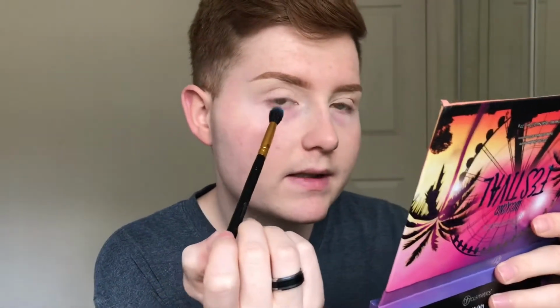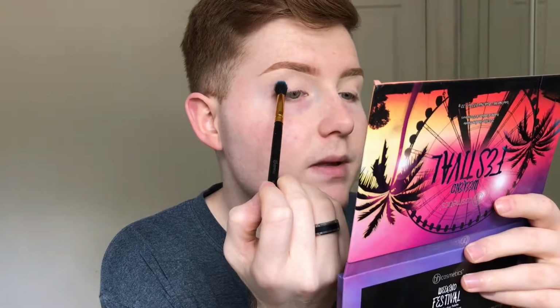So actually, I think I might use the James Charles palette. We'll just have to work with it. So what I'm going to do is probably take the blue shade, and it's in the shade Playground, and I'm going to dip into that shade and really saturate my brush with the BH Cosmetics 101 brush right here. Tap off the excess and then go into my eye. See if I can get in camera. And then just place it